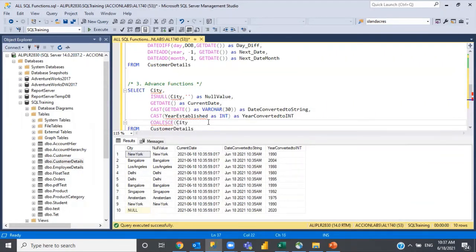Suppose if the first column is null, then it will show the second column. If the first value is null, then it will try to show the second value. So here I am using COALESCE: if city is null, then show me the country. Instead of city, show me the country. Whatever data is present in the country column, show that same data as part of your city.